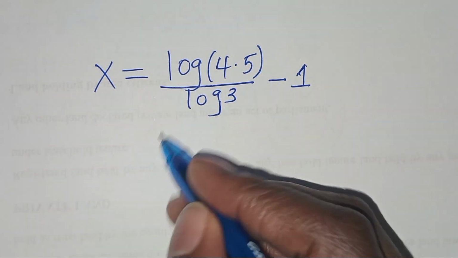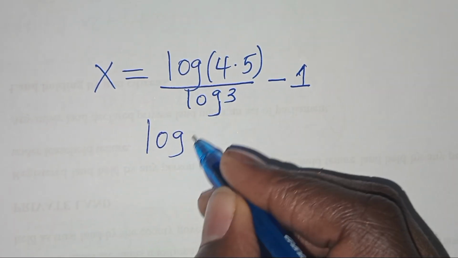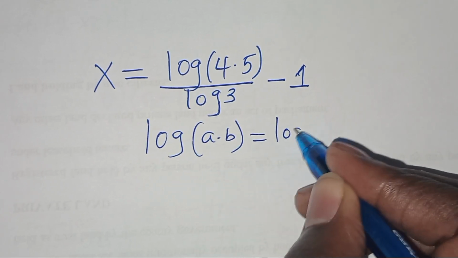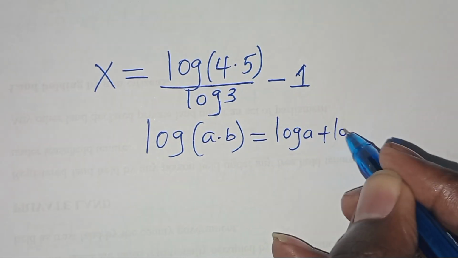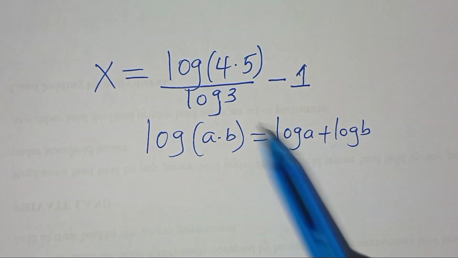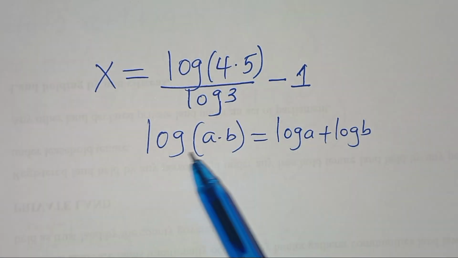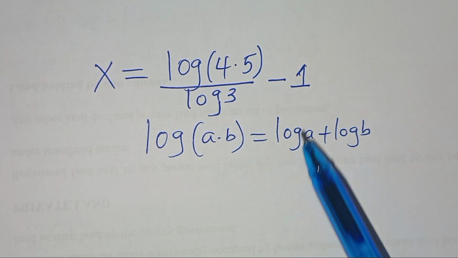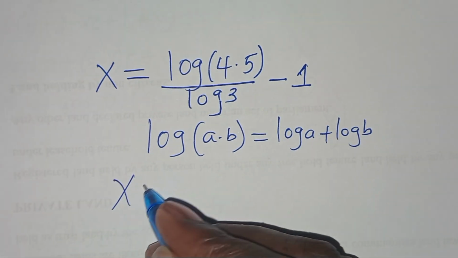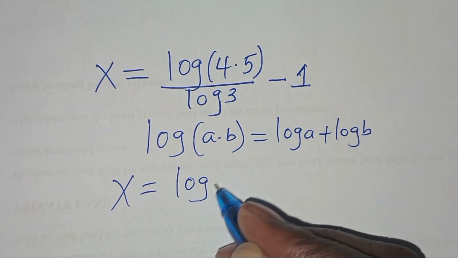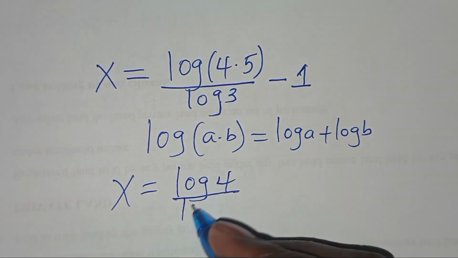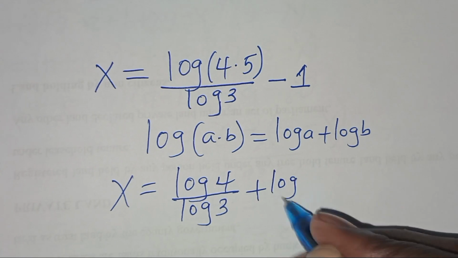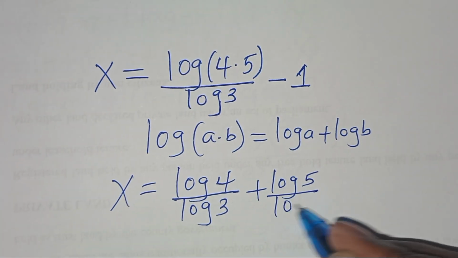Log 4 times 5, this is in the form of log a times b, which we can express as log a plus log b. So we are saying that log 4 times 5 is in the form of log a times b, which we can express in this way. So x will be equal to log 4 divided by log 3 plus log 5 divided by log 3